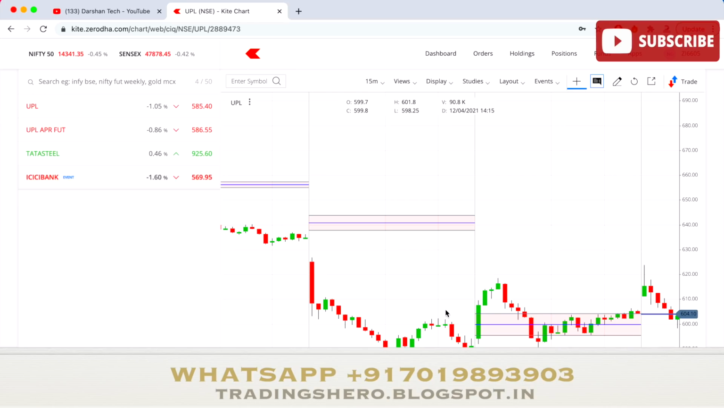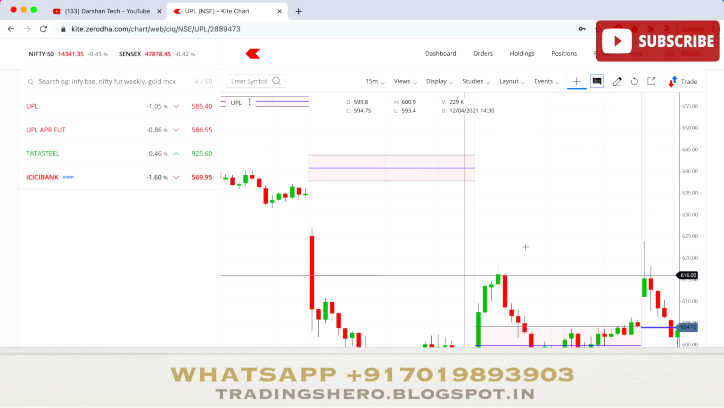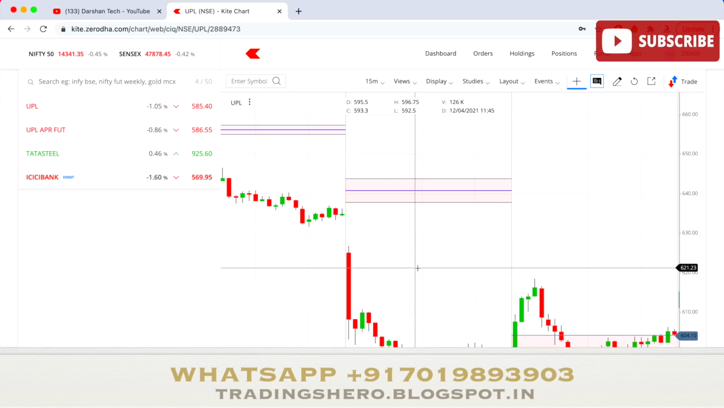This indicator is used to identify key price points to set up trades, and CPR is highly beneficial and useful for intraday traders. This indicator can be found in your Zerodha Kite chart. Just go to studies and search for Central Pivot Range and you can find it. Once you click it, it will be applied, and it will look something like this, with three horizontal